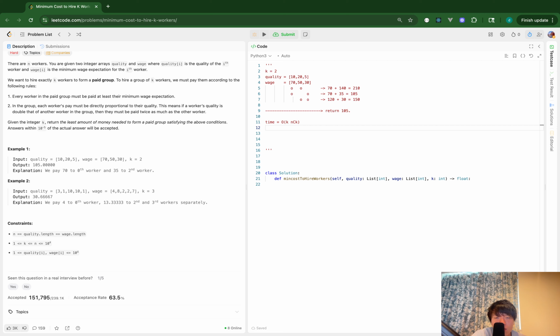But I'd like to clarify one more thing, diving deeper into this brute force approach. Once I pick the combination, I decide the pay in this way. I will try to clarify the thought process of this, because I guess it is the most important part in this algorithm, or maybe in this question. So, let's say,